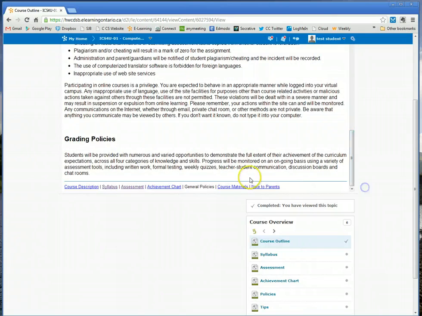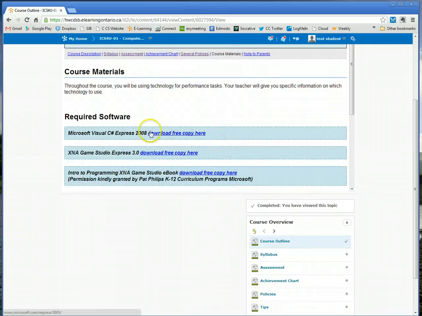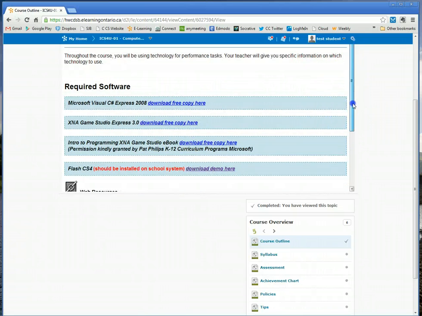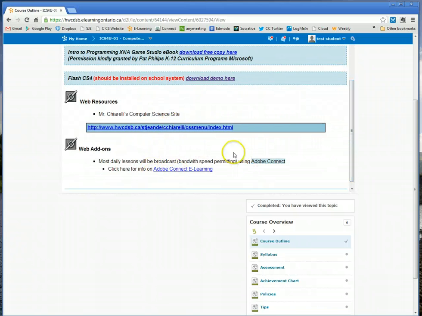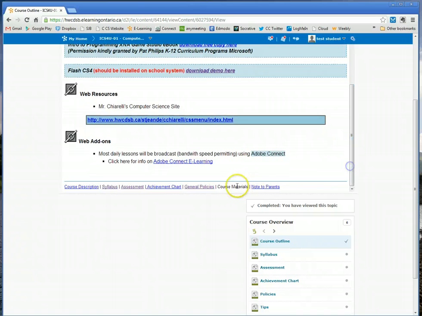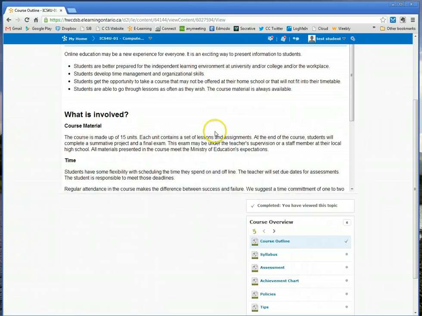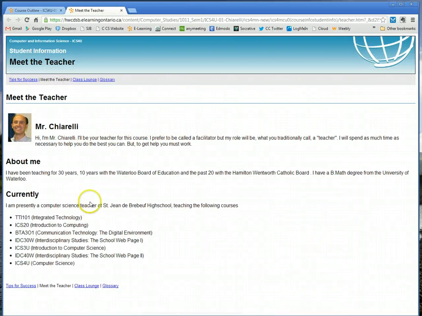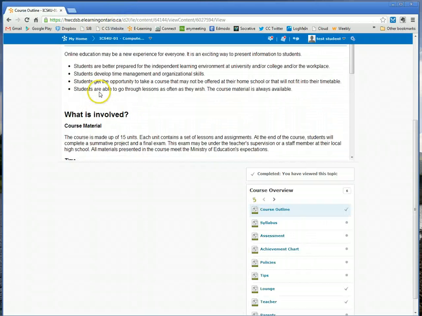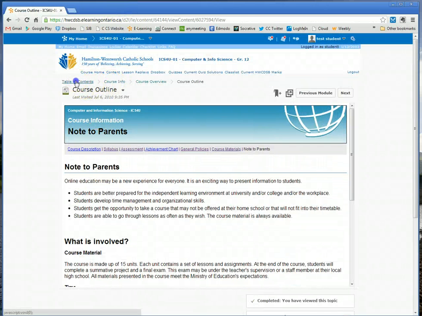Okay, make sure you don't cheat or anything like that. Course material, I already showed you. You should download the C#, XNA, Flash. Okay, some web resources. There's the link to my website. A couple of other things you need to know. Notes to parents if they want to get involved. You know, you can meet the teacher link. There's me. I can tell you a little bit about the courses I teach. So that's one example. All right, now let's go back to table of contents. So that's sort of a generic